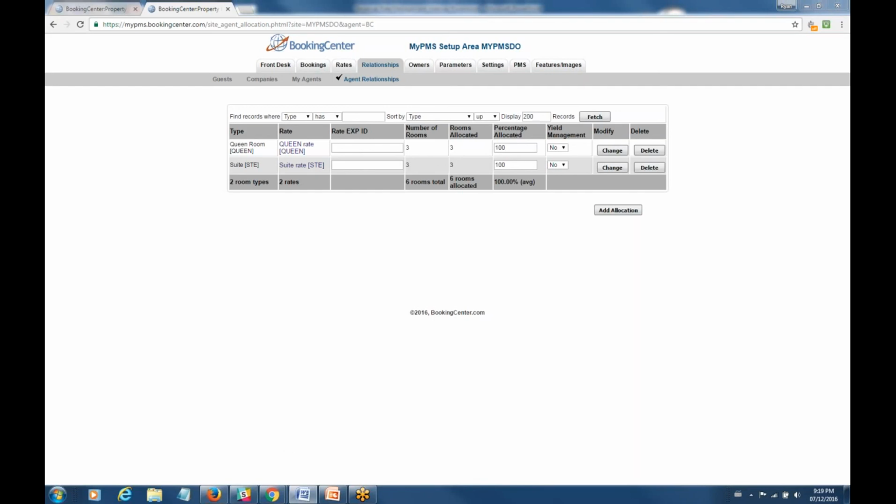Okay? So the key thing to keep in mind as far as the Rate Manager is concerned is it's an interface that has two key components. Number one is BookingCenter keeps the Rate Manager product up to date with all reservations, all modified rates for all room types that are maintained within BookingCenter. So this essentially means that all booking activity goes from BookingCenter to the Rate Manager product. And then in turn, the Rate Manager product calculates rate strategies based on their comparative rates from their market analysis and the goals that you